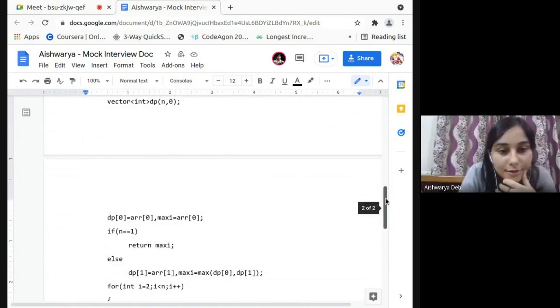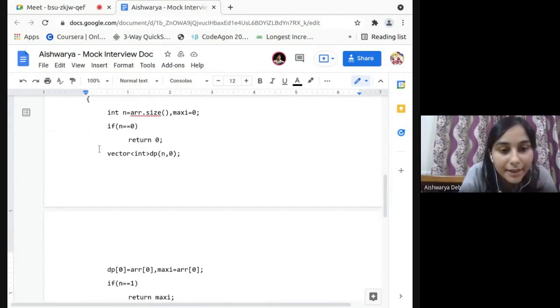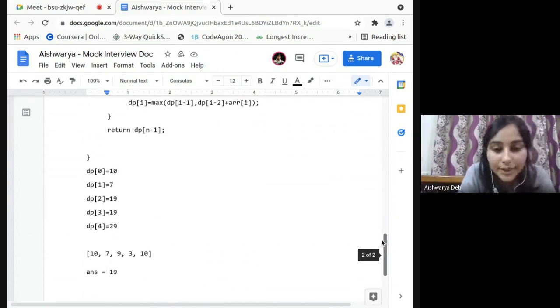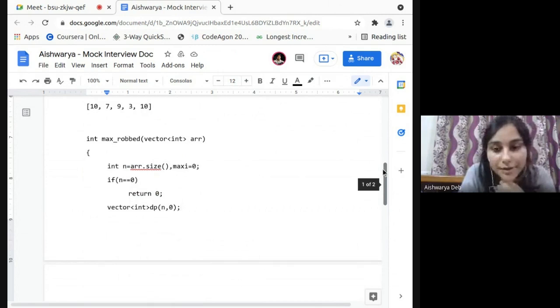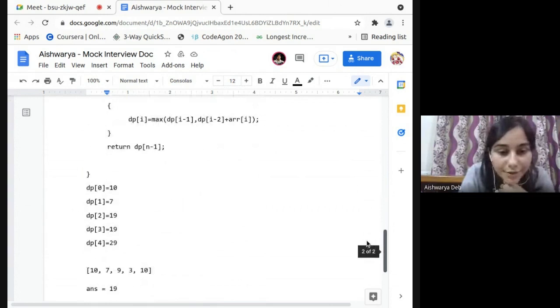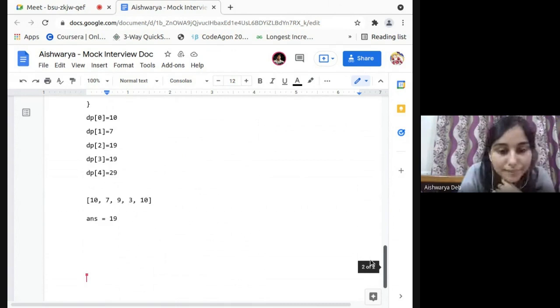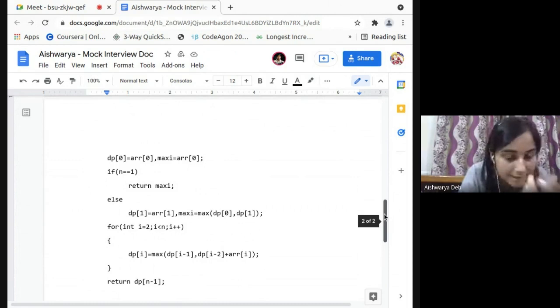Currently we have a 1D array. In this case, we can make it 2D, and the second dimension will indicate whether we are using the first vault or leaving it out. So we can use dp of the current position and then a 0 or 1. 0 is going to indicate that we did not use the first vault, and 1 is going to indicate that we used the first vault. And in that case, while we are calculating the values progressively inside the loop, we